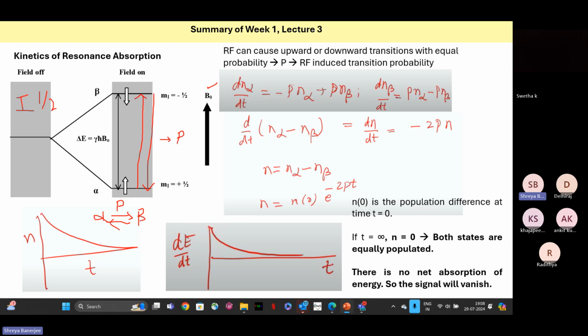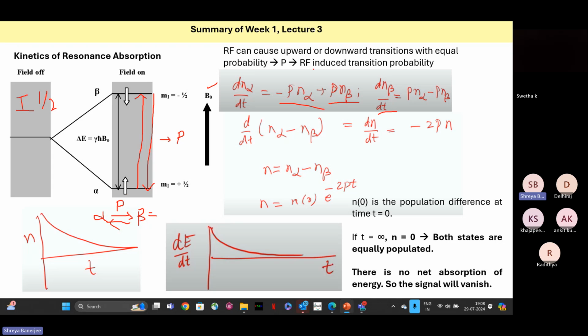So in a rate law, suppose we are doing the rate law here, alpha going to beta will go at a rate of minus P n alpha, and beta coming to alpha will happen at a rate of P n beta. So similarly, we can write the rate law for dn beta/dt. So we will have these. You can just imagine it as a reversible